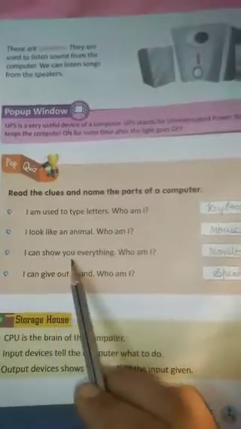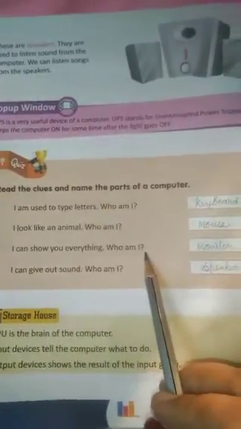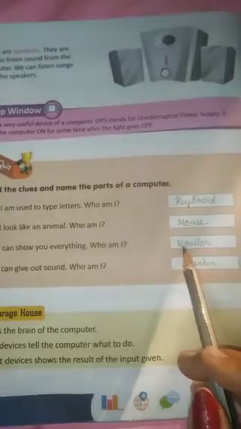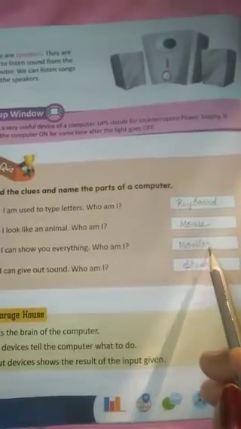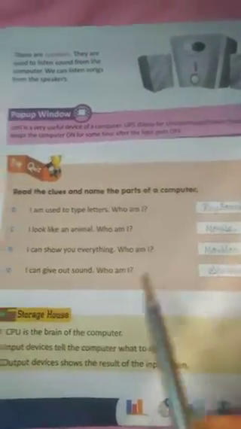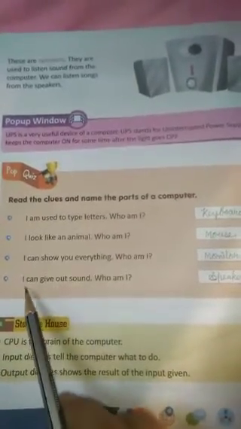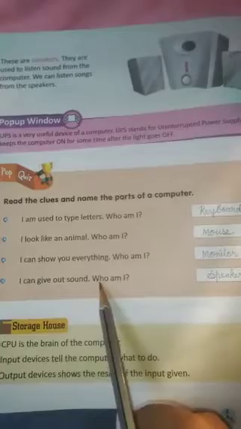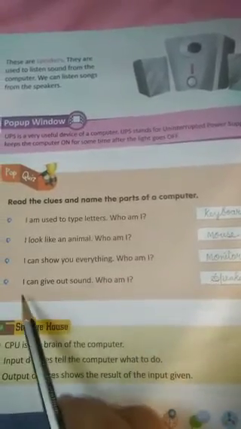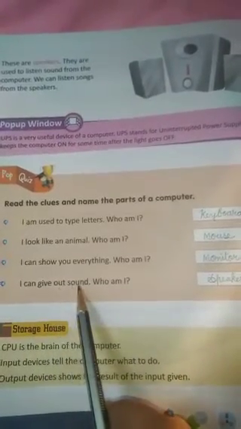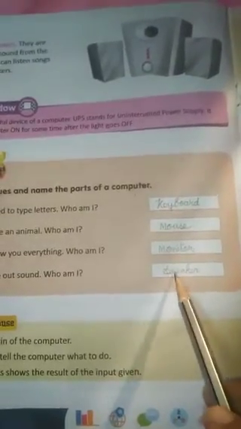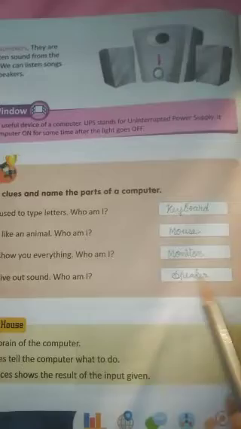It is the monitor. Number 4: I can give out sound. Who am I? Speaker.